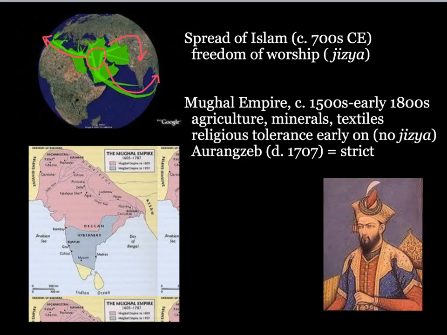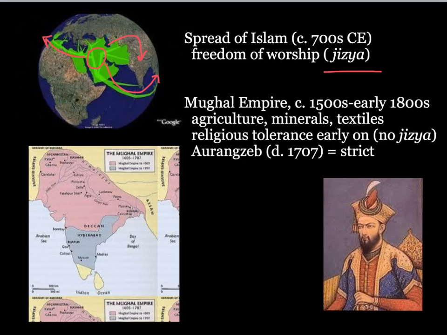And in these early years, as Islam spread, Muslim conquerors allowed native peoples the freedom of worship, so long as non-Muslims paid the jizya, a tax that allowed them this freedom of worship. And that's exactly what happened on the Indian subcontinent. But at the same time, there was a lot of cultural and religious tension between the Muslim conquerors and the native Hindu and Buddhist peoples, primarily Hindu, right? That's the largest population.